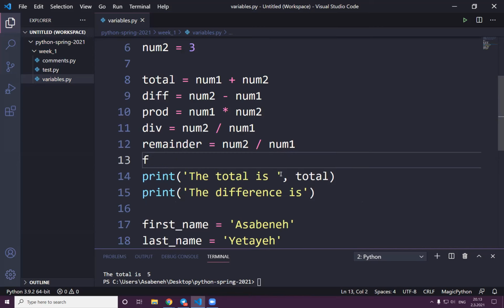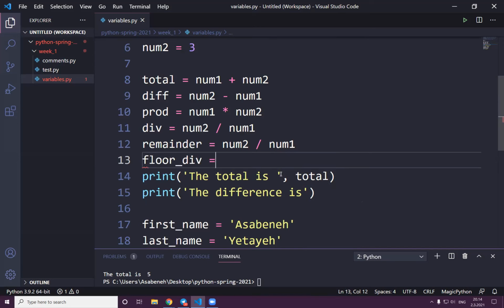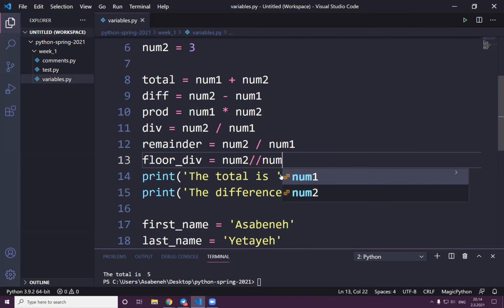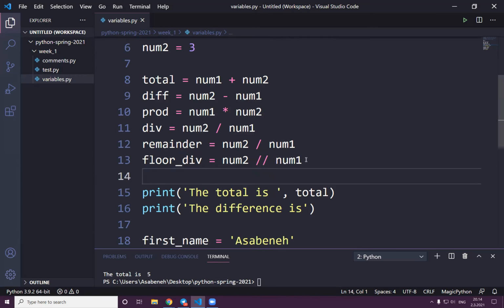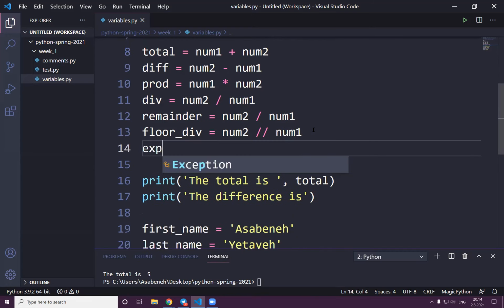That's too technical a word. Do you understand what a quotient is, guys? Anyway, it's the value when you divide without the remainder. So we call it floor division. You can just do num2 divided by num1. As you can see, I didn't have a space. It's good to have a space. It's easy to read. Give a joy for your eyes by just writing it. It's so clean. Okay, so exponentiation,